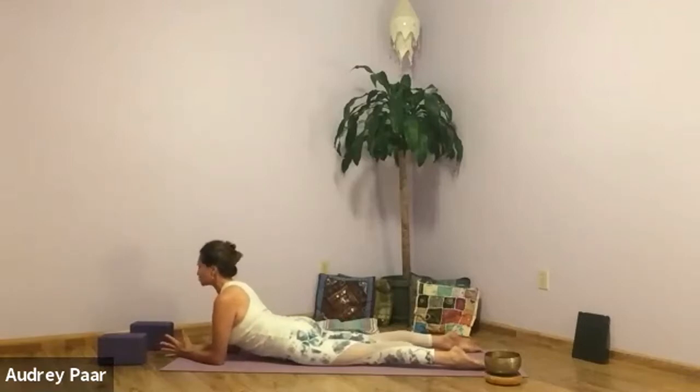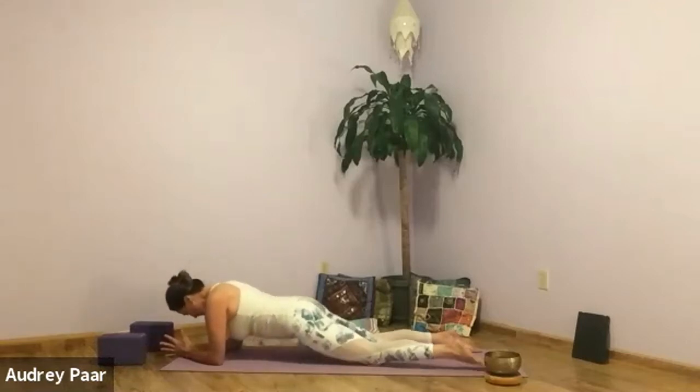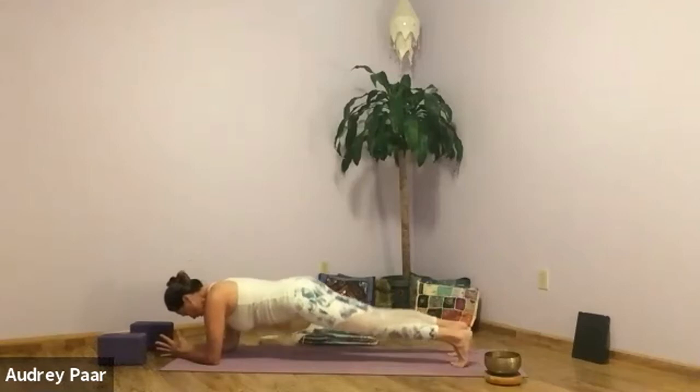hands as you reach your toes back. Shoulder blades draw together. Tips of your shoulder blades draw down toward your hips. Take another inhale here. Keep pressing into the hands. As you exhale, chin toward chest, press into those elbows, lift the hips, tuck the toes, straighten the legs, low